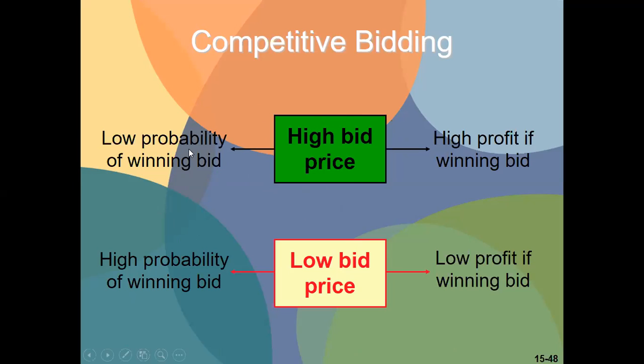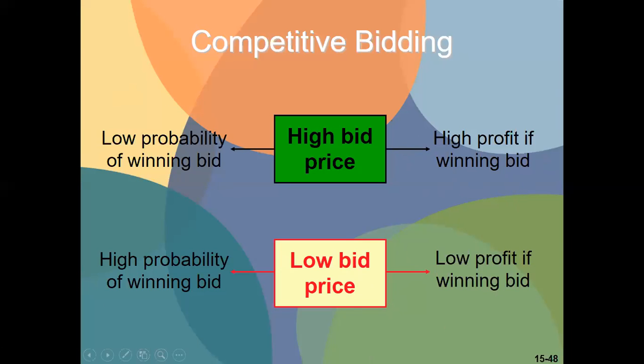If high bid price, low probability of winning the bid. So the question is, why is that? My analysis here is that if you have the high bid price and you are the winning bid, so you got the bid, you're the winner, you get the high profit. But if you have the low bid price and you have the winning bid, so this is on the part of the seller, I suppose, because we are on the part of pricing. So this is all about revenues. So if the seller, which is the winner here, got the low bid price, there is low profit.